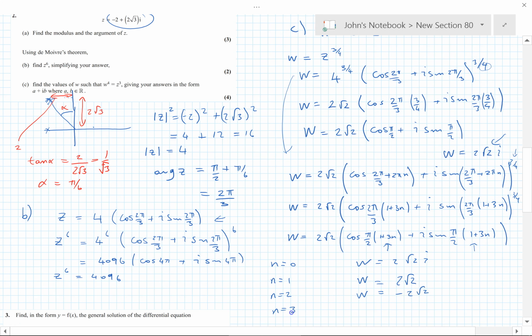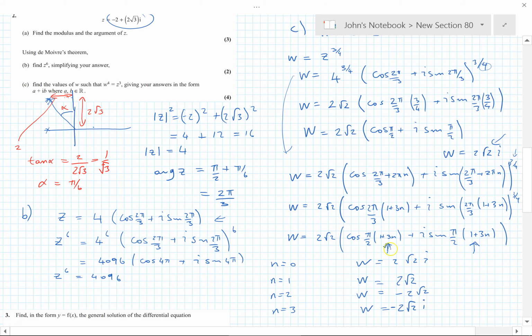And if we put n is 3 in, we'll get w is equal to 5 pi here. This one will be equal to 0, but then this one will be equal to the negative. Sorry about the phone going. So that's going to be equal to, when we put 2 the square root of 2 here, that's 2 the square root of 2i